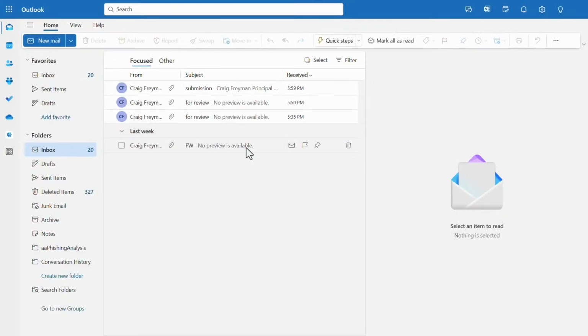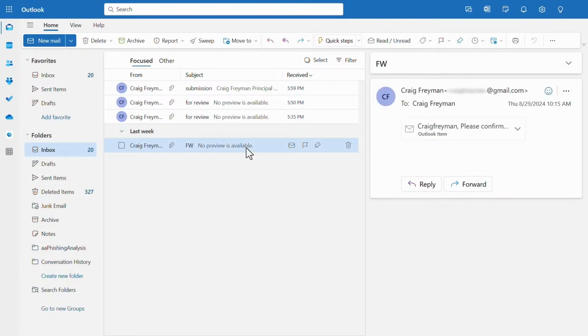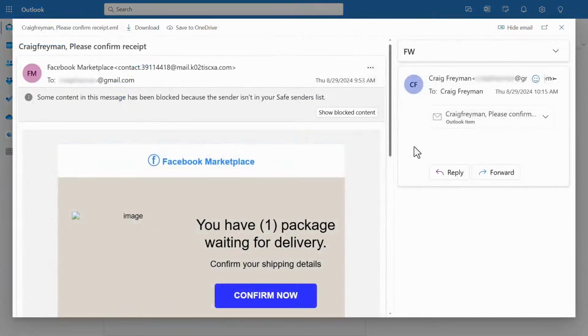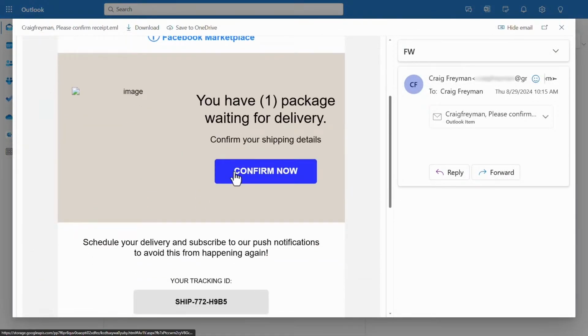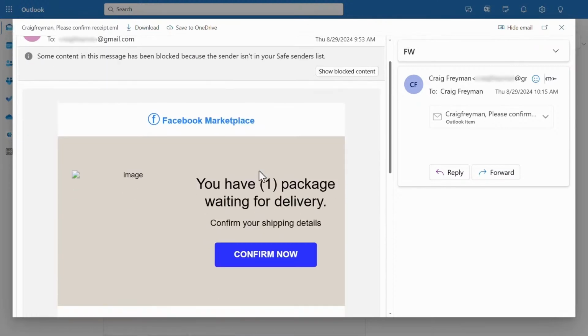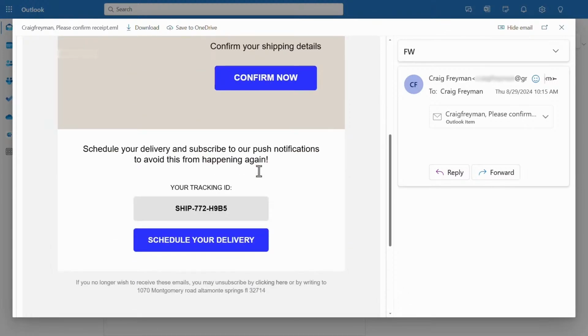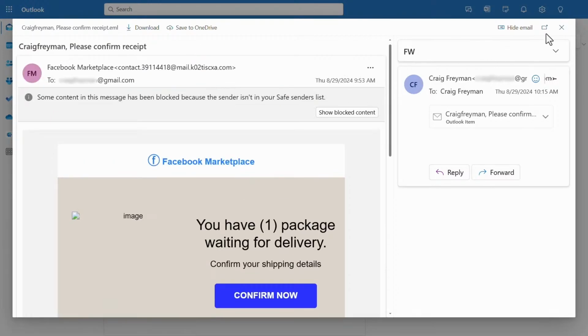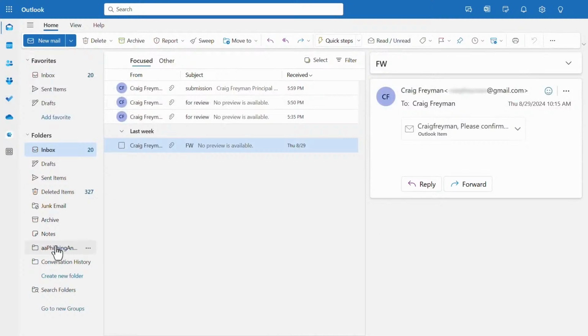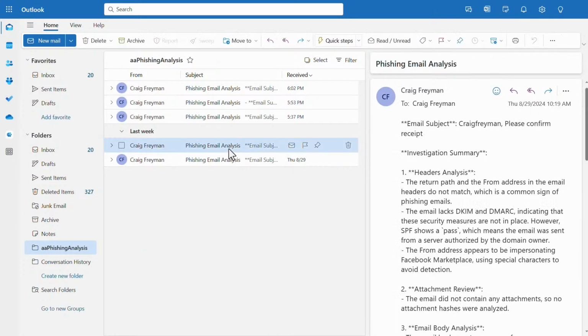So in our shared inbox here, I'm going to give you the easy example. This is the one we hope that it's going to identify. This is definitely a phishing email. You can see this link here. Actually, you can't see the link, but that points to a Google Storage API location. None of this makes any sense. This is 100% a phishing email. So let's see how Copilot for Security in the Logic app, let's see what it decided. So I've got my summary here that's been emailed to me.